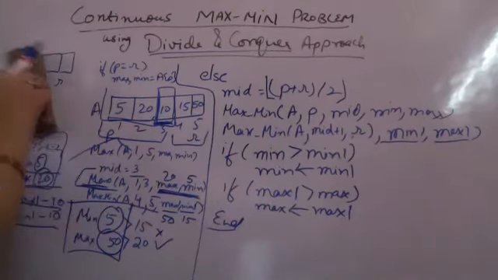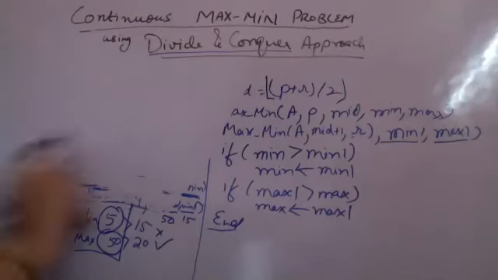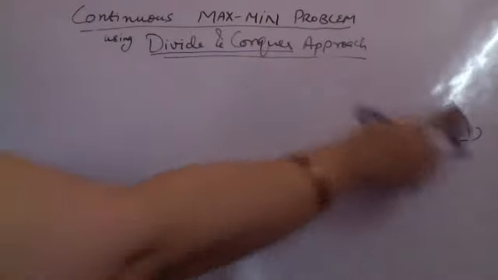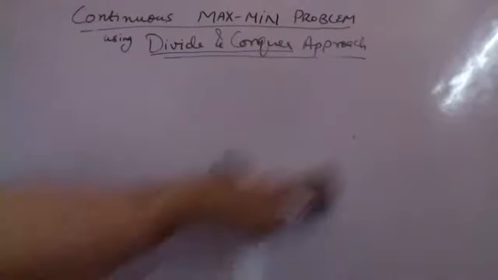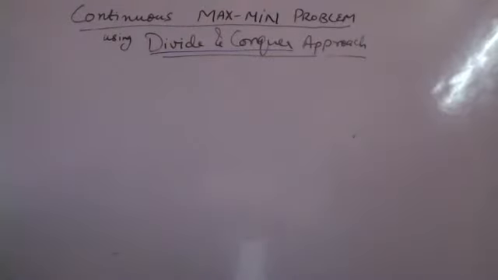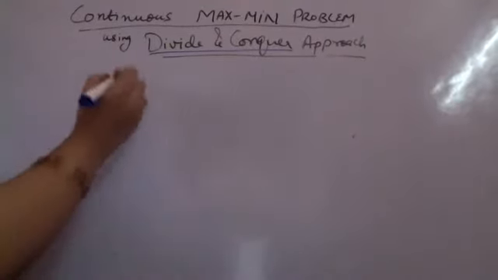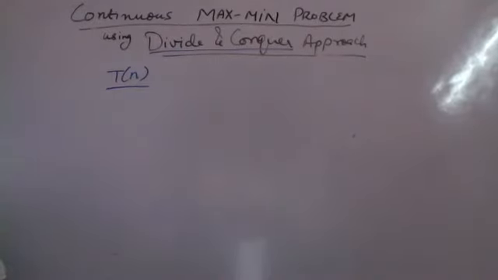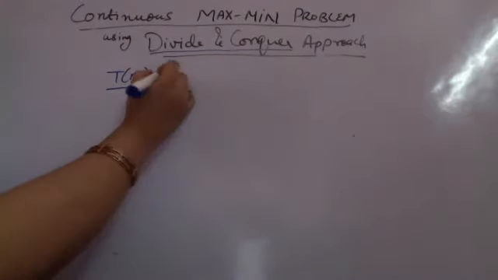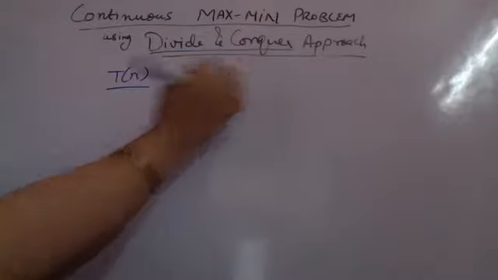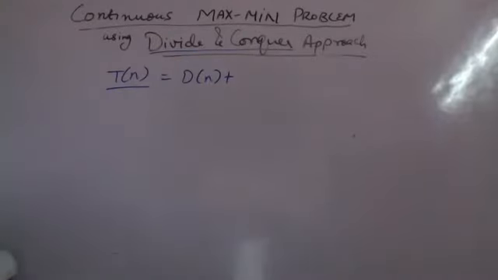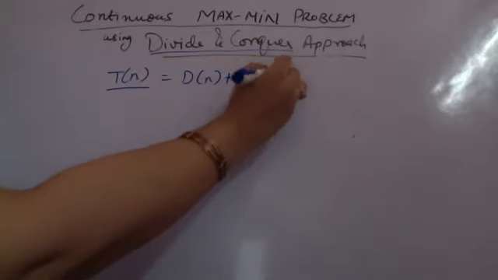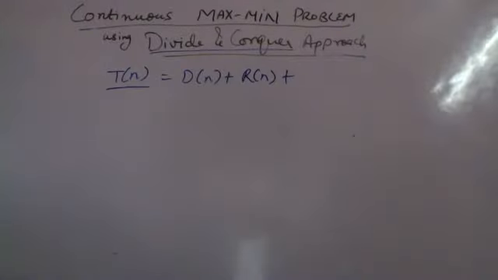So let us see the analysis of the algorithm. There are 3 parts in which the algorithm is working. Initially, some constant statements are there. Then the divide and conquer part comes, and then some other constant statements are there. So if I'm trying to find the total time complexity for the divide and conquer approach for the max-min problem, I have 3 things here. The division time, this is dn, representing the division time. Then divide करने के बाद the recursion time. और जब recursion हो गई तो उसके बाद combine time.